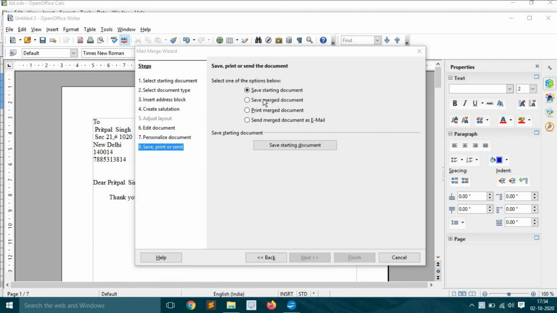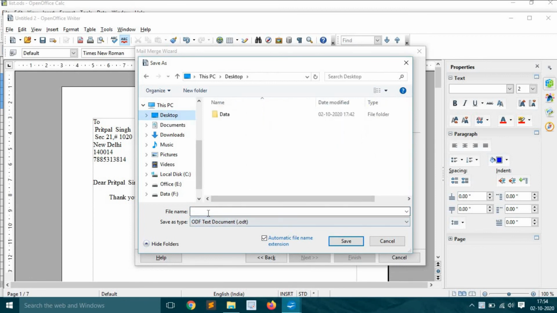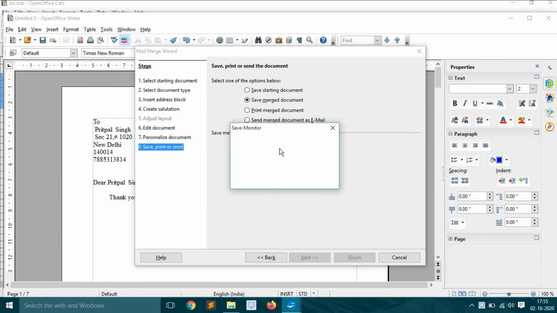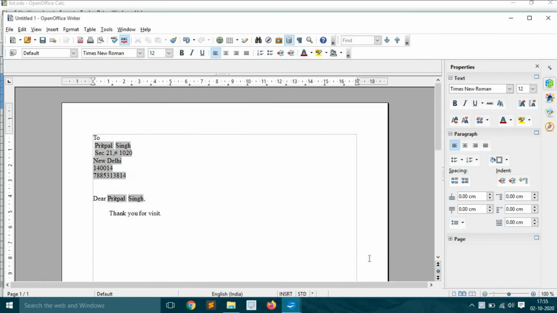Here we are going for save merged document. When you click on save merged document, you have again options. I am going to save my whole document. So on the desktop, I am going to save my document like mail merge. Okay, I go for save. What you are getting, my document is saved there, and I am going to finish.